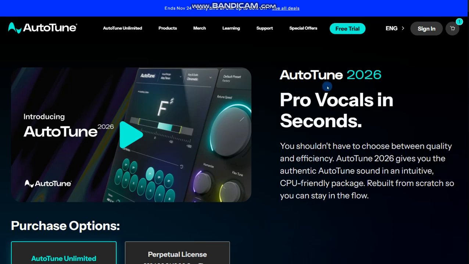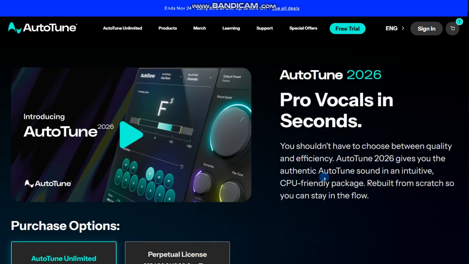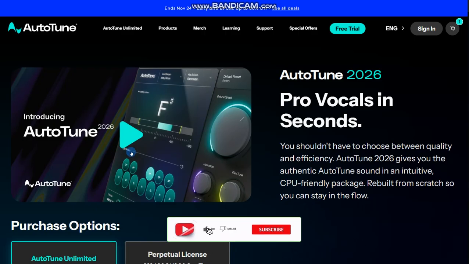As you can see, AutoTune 2026 Pro vocals in seconds. You shouldn't have to choose between quality and efficiency. AutoTune 2026 gives you the authentic AutoTune sound in an intuitive, CPU friendly package, rebuilt from scratch so you can stay in the flow. All right, guys, this is the latest AutoTune plugin,